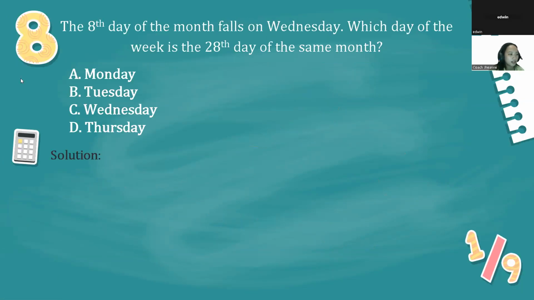Let's continue to the next number, number 8. The 8th day of the month falls on Wednesday. Which day of the week is the 28th day of the same month? Now, in solving this problem, we usually have